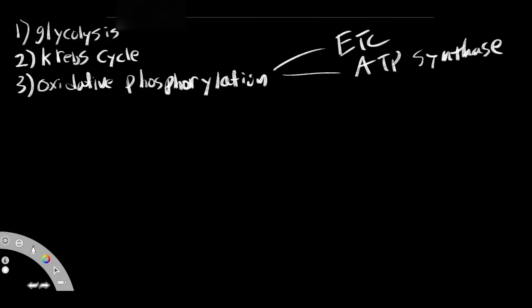These two, the Krebs cycle and oxidative phosphorylation, will be in another video. We're looking at glycolysis right now, which is the first stage of aerobic respiration. Again, it is not very energy efficient, but it is necessary when you have low amounts of oxygen. So this